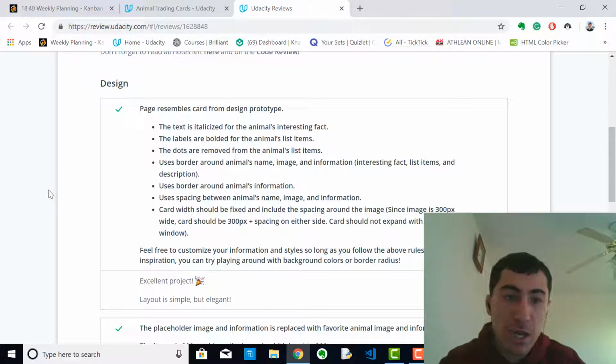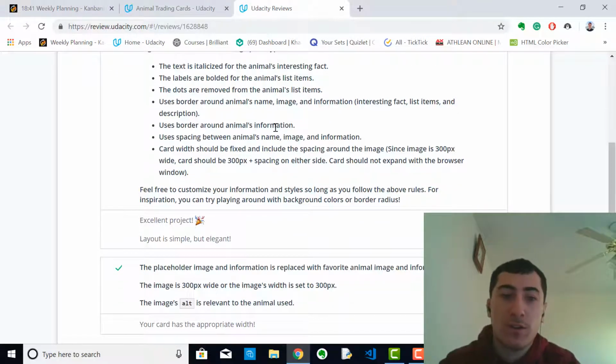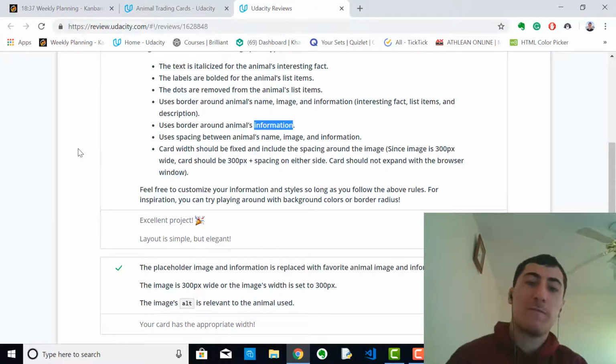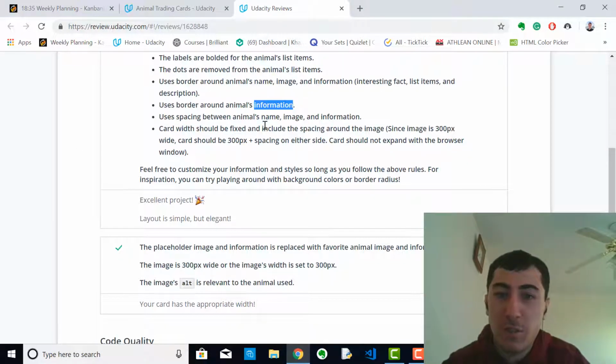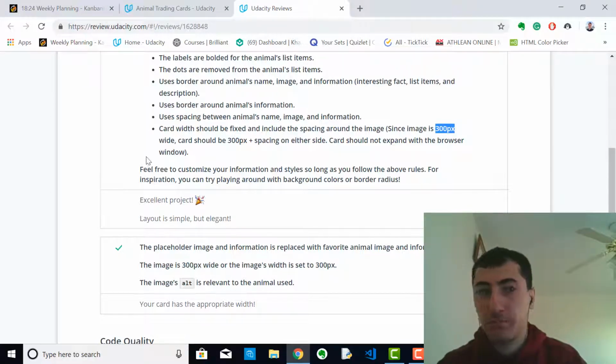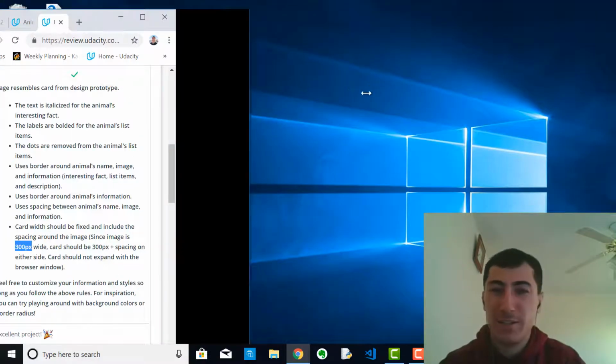completed this project. Use borders around animal's name, image, or information, interesting fact, list items and descriptions. Use border around animal's information. Use spacing between animal's name, image, and information. Card width should be fixed and include the spacing around the image. Since image is 300 pixels wide, card should be 300 pixels wide plus spacing on either side. Card should not expand with the browser window, meaning that, so the card, actually here, I'll show you in a